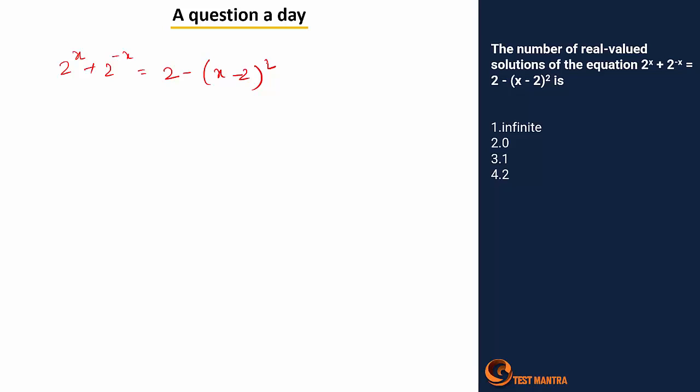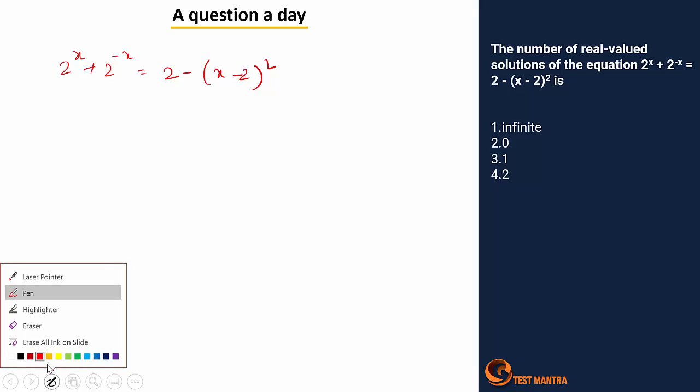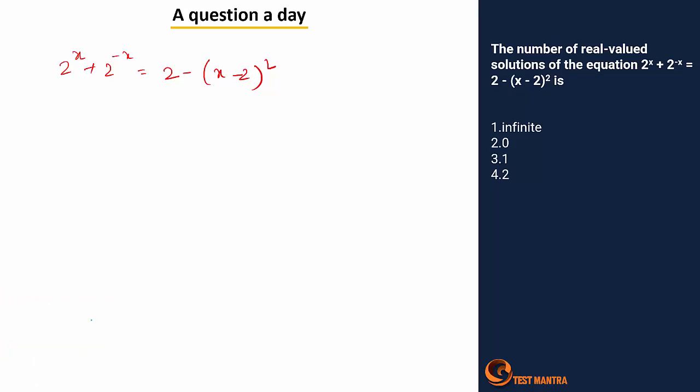Few things which you have to identify in this. The first thing which we can identify here is this value will always be a positive value, right? This value will always be a positive value. So I can say that the maximum value possible for this complete expression is nothing but 2, right? That's the first thing which you can identify. So maximum value is 2